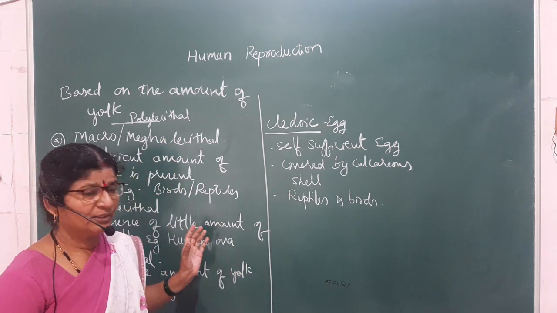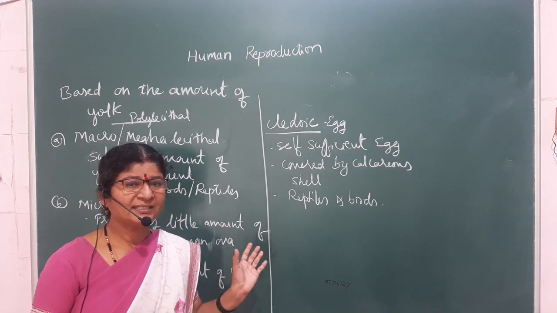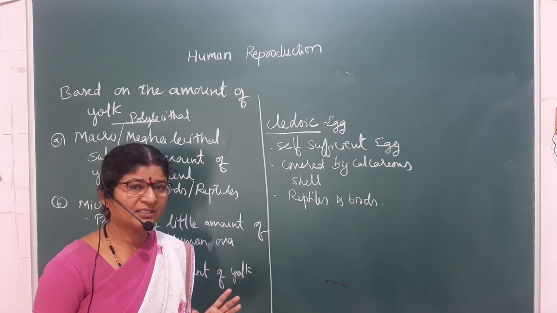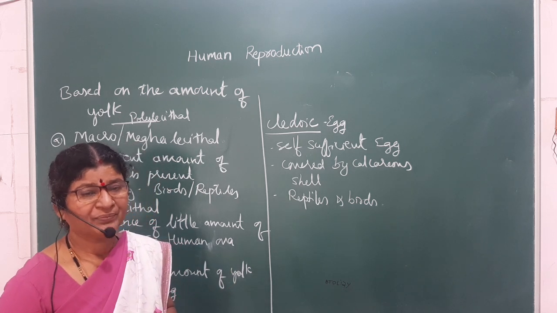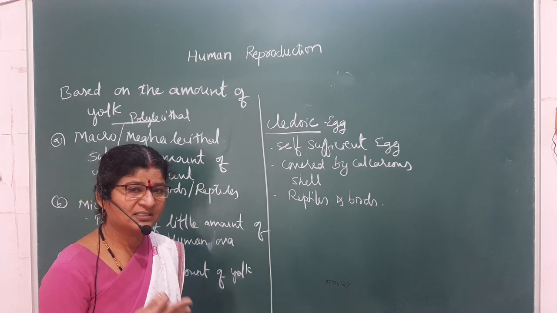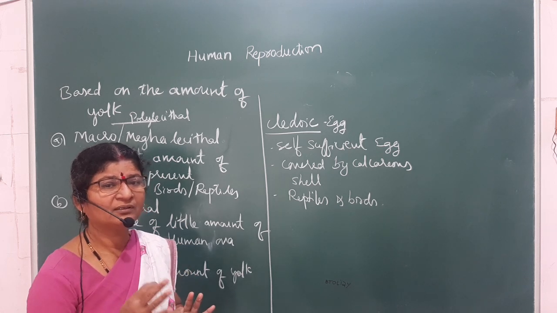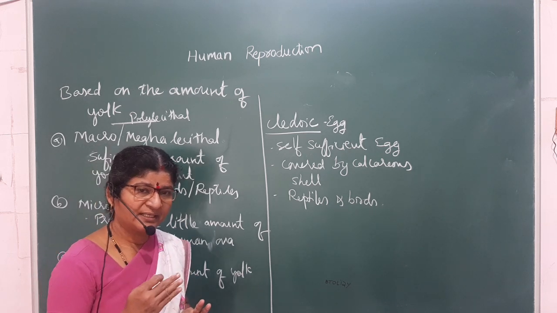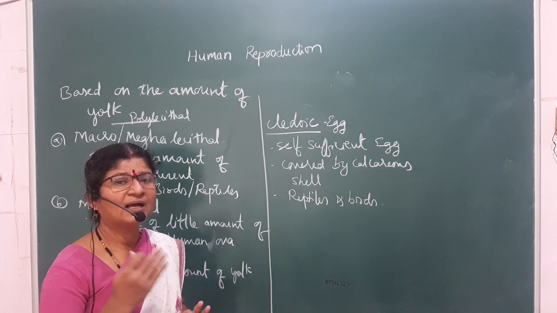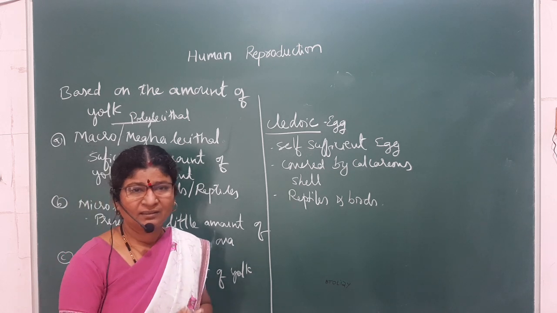And now you have studied already the human ovum, and that ova is released during ovulation, which takes place at puberty. Next, what we are going to study is what changes will occur in the female body at puberty. So when do you say that the body is ready for reproduction? We will say that the human female is ready for reproduction when the commencement of the menstrual cycle takes place. So that we will see in detail now.